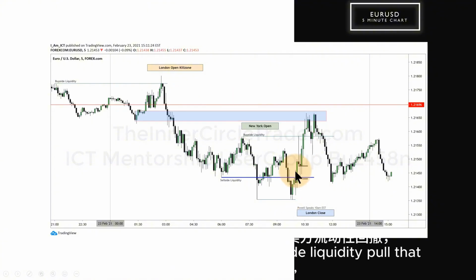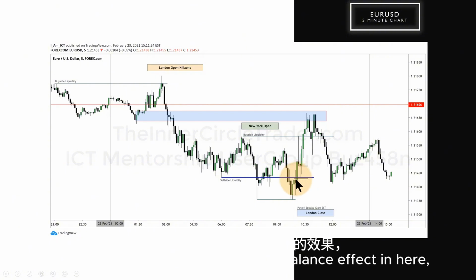The market rallied back above the sell side liquidity pool that was defined here, went once, twice, and then at the beginning of the London close at 10 a.m., Powell began speaking. The market trades up to this high, beats it by 1 pipette, comes back down, and then trades into this